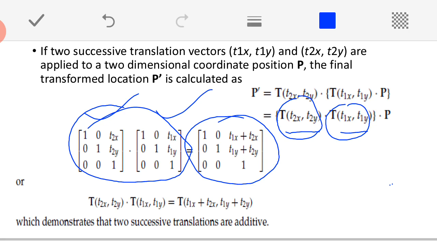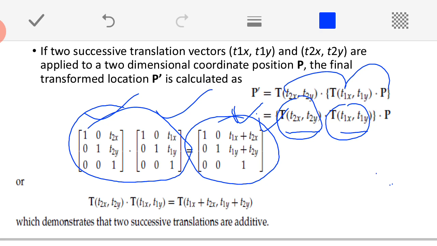See here. Rather than multiplying separately, if you do this it is sufficient. See what is happening here. The translation factor of the first matrix plus the translation factor of the second matrix. So, it means that it is additive in nature, that is all. You go on adding the translation factors, which is nothing but performing a translation followed by a translation, or a composite transformation. That is the effect.